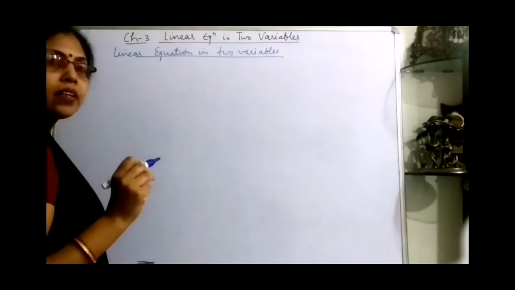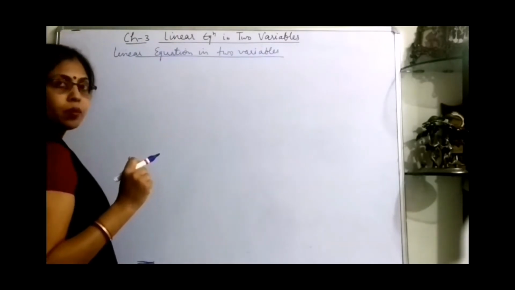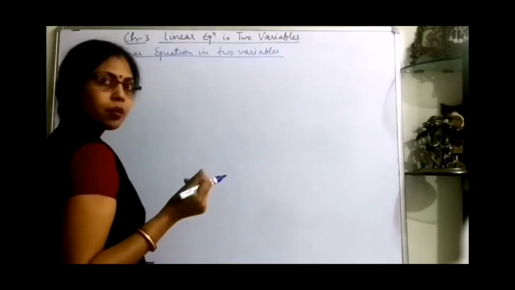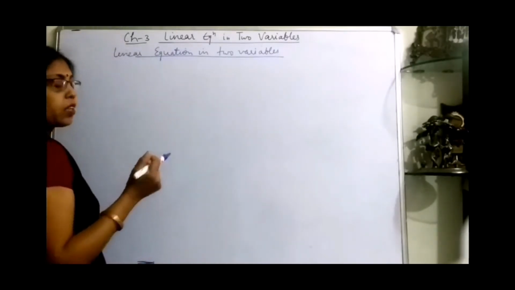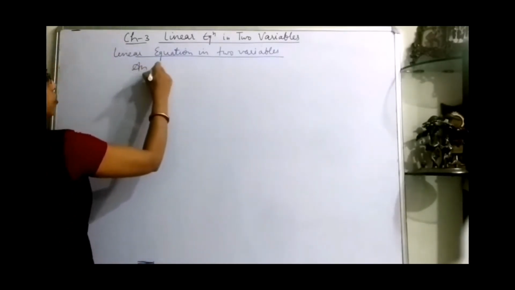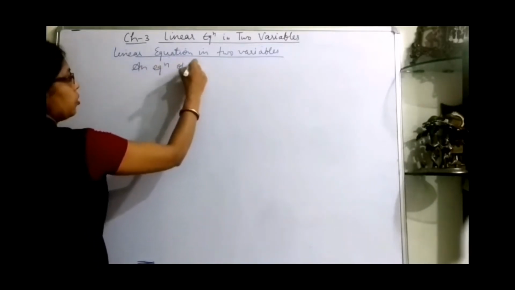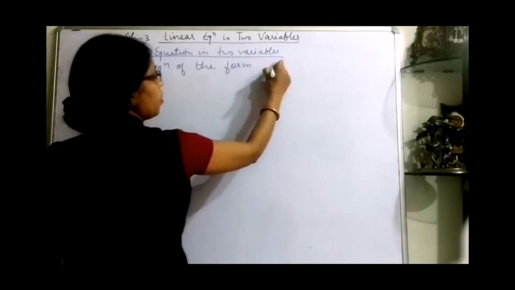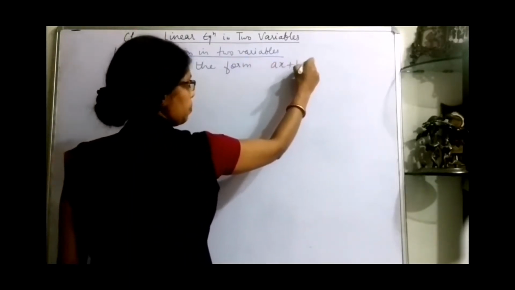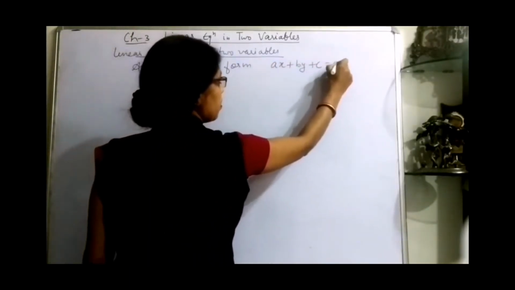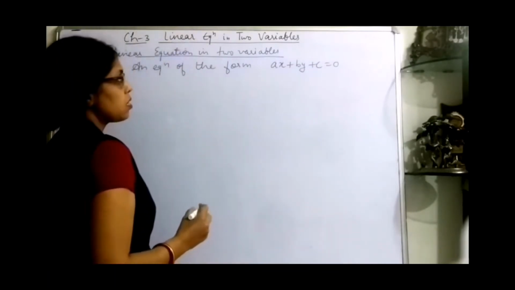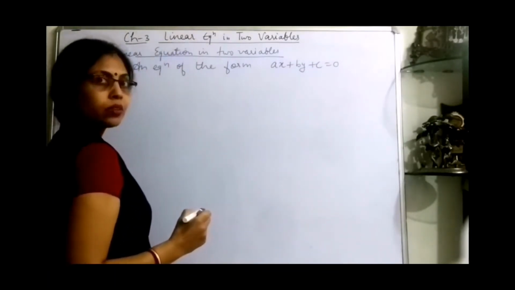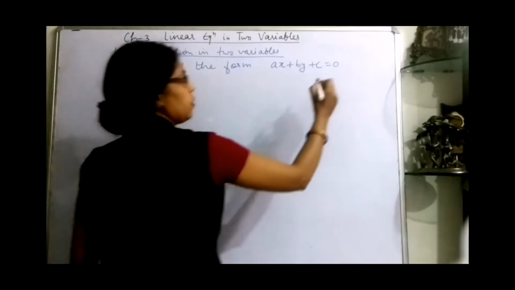Already you have studied in previous classes about the variables, the alphabets we use in algebraic expressions, x, y, z or a, b, c; we call them variables. Okay, so an equation of the form ax plus by plus c is equal to 0 is the standard form of the linear equation in two variables, where